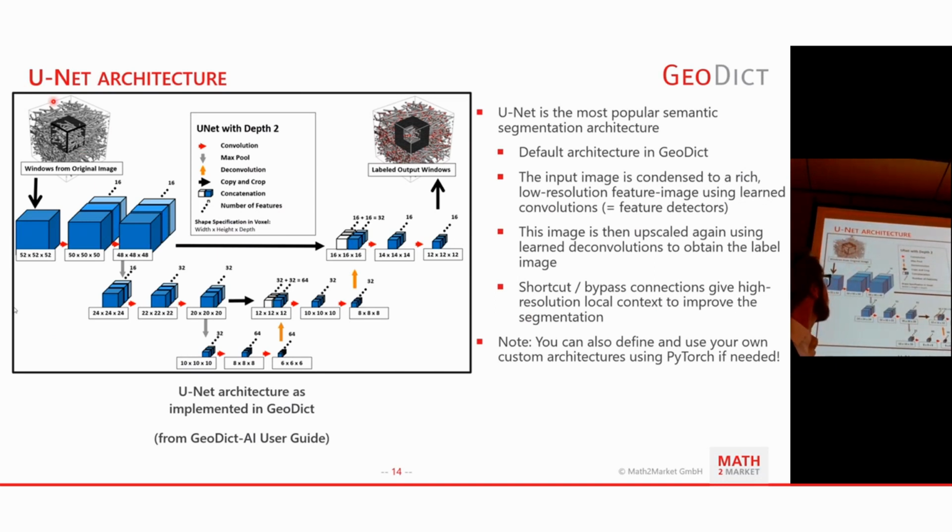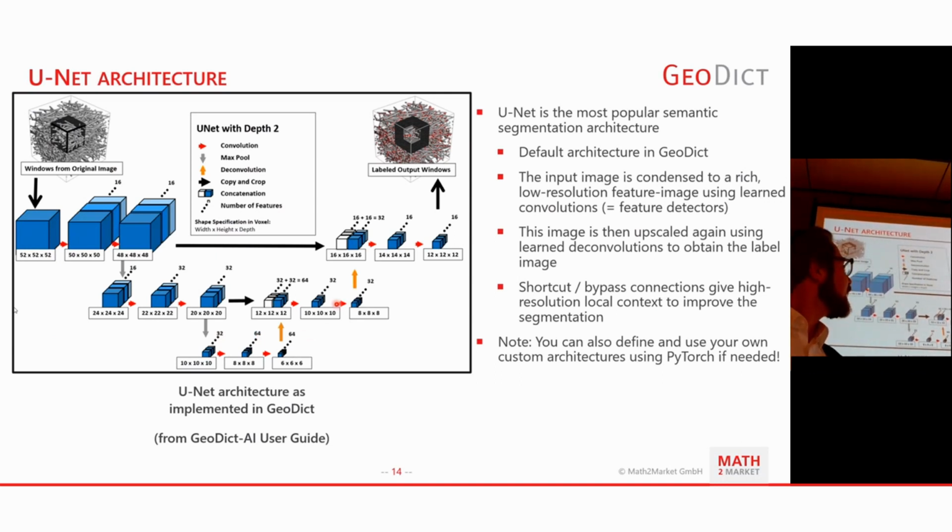You see it starts with a certain input image, which is this whole gray cube. Let's ignore the black one here for the moment. The whole gray cube is taken as an input. Here it's 52 by 52 by 52. Then some convolutions happen which slightly reduce the resolution, but the main point is that it's about halved going down here. Again, something similar happens here. Then again, resolution is roughly halved. And then down here we have an image which is only 8 cubed in spatial resolution, but has a very rich representation of 64 feature values for each of these voxels.